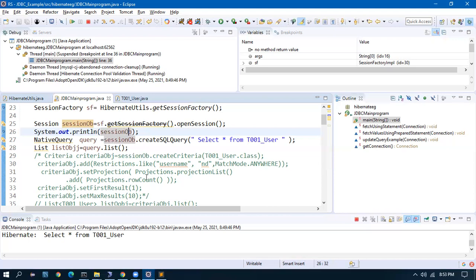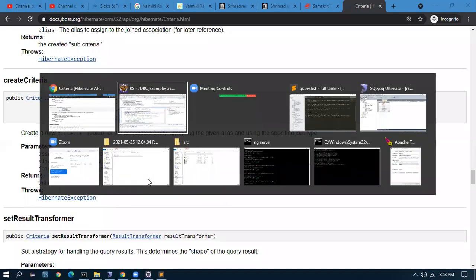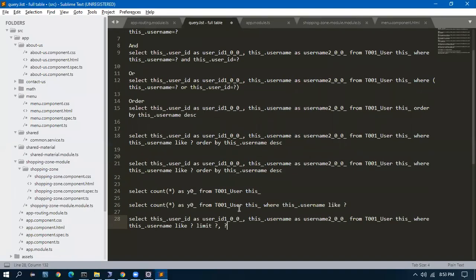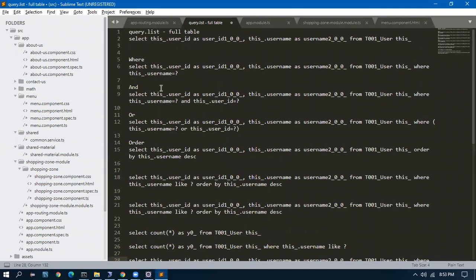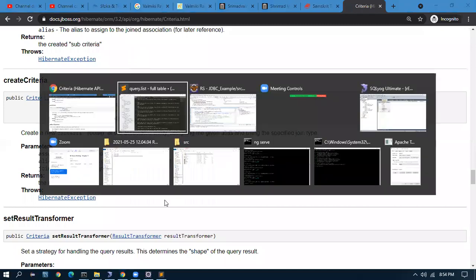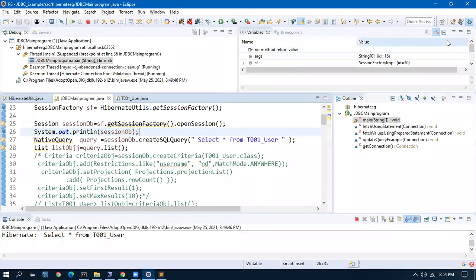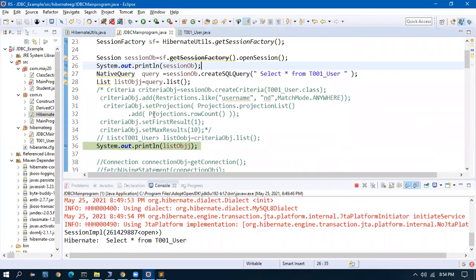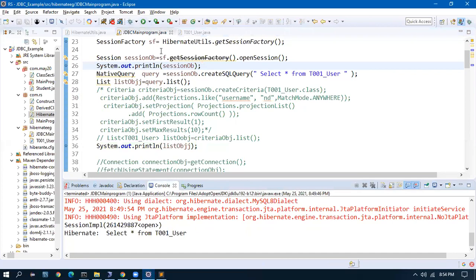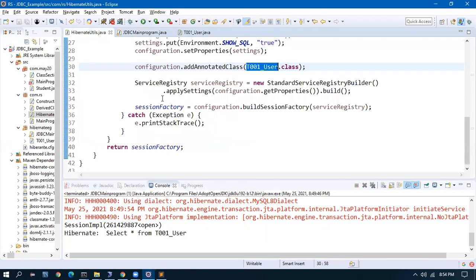So I think you would have got the basics, right? You got an understanding of how to execute. We saw a bunch of things today, how to execute all these things. I'll repeat how we are doing the configuration once again. I think it is done, right? It is done. Okay. So the first step is the Hibernate util file.